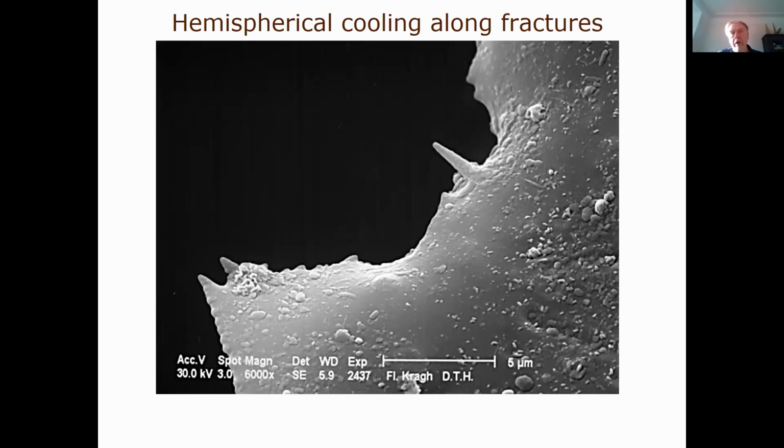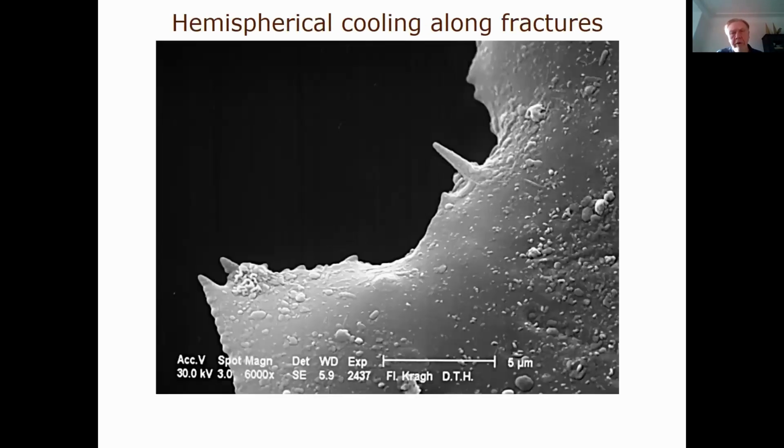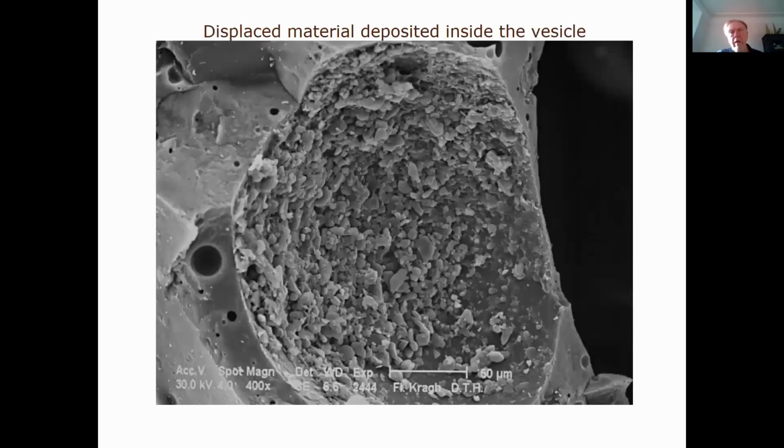So there are cooling fractures, and there must have been an enormous differential pressure between these two different vesicles since they forced themselves to open. And as we look even closer, we can see the details of this cooling morphology. And new material has been displaced, these lava-looking things, which are also glasses full of cooling cracks.